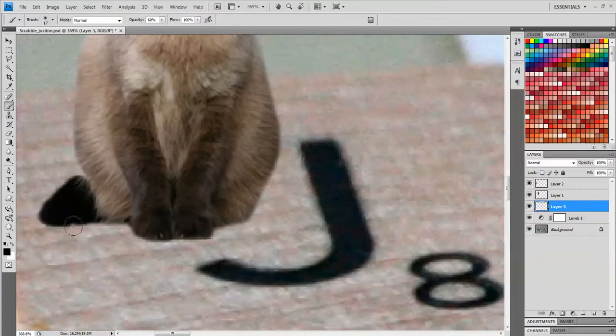So I think I'm actually going to make the brush size a little bit larger. On my keyboard, next to the P key are the bracket keys, and the right bracket, if you push that, will make the brush larger. So now I'm going to just very carefully paint a nice soft shadow around the edge of the cat,